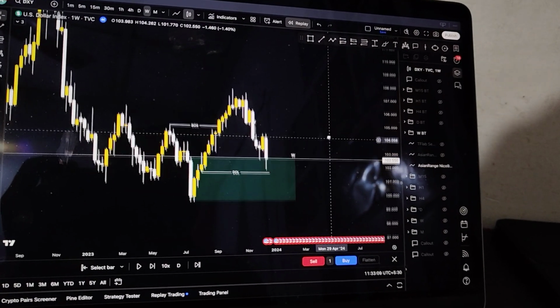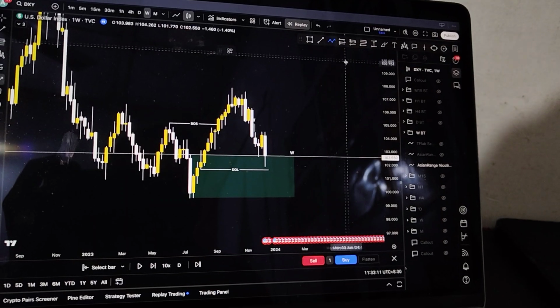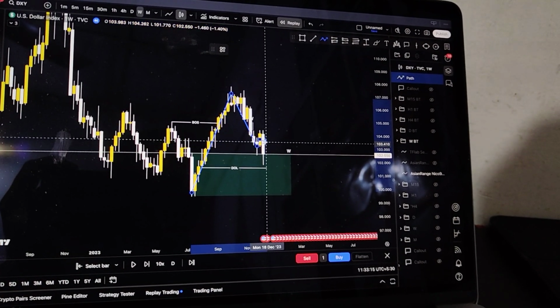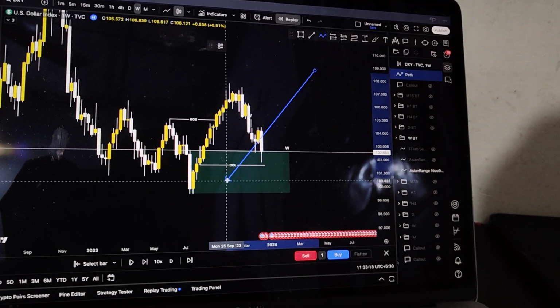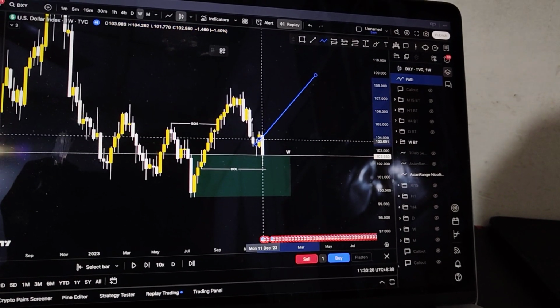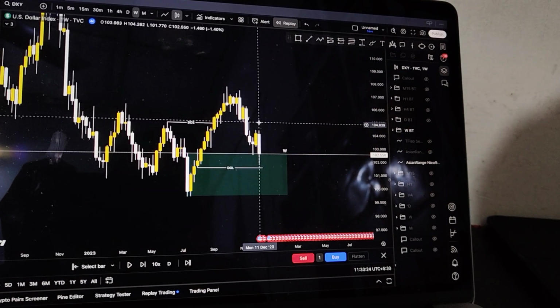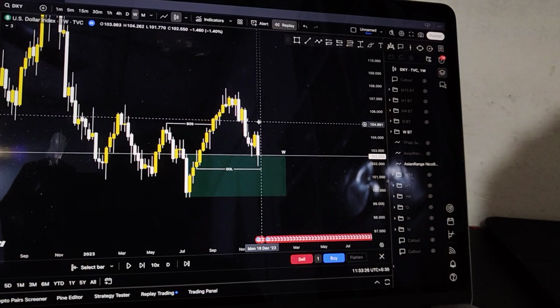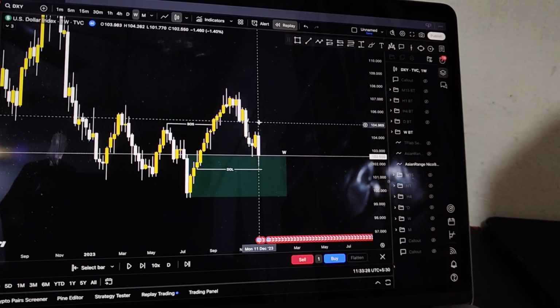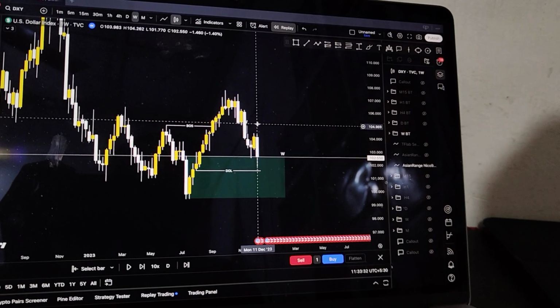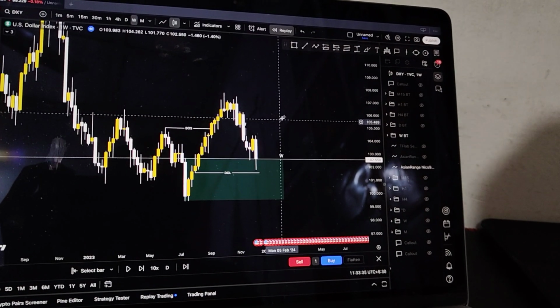Now, comparing the bias to the DXY, the market was making higher highs, higher lows, and it shows me two weeks were clearly bullish. Now the next week is bearish, which was a CPI week, a very high impact news week. We can anticipate the next week to continue with this week and continue heading towards the downside.